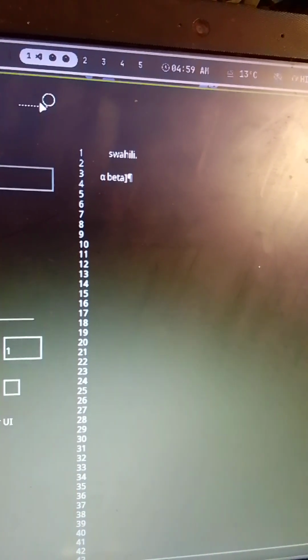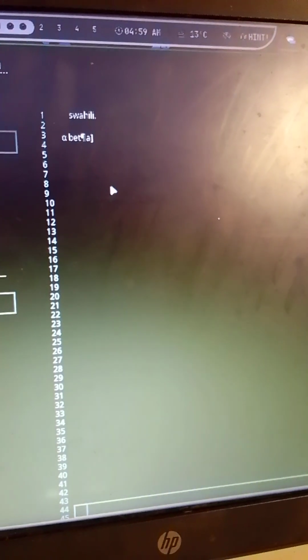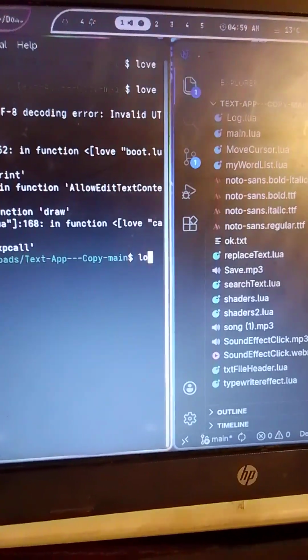Okay, so should go back a bit to the text field because backspace doesn't really work all that well. I should fix that. Oh wow, it has a bug. Okay, so let's run it again. So love dot,